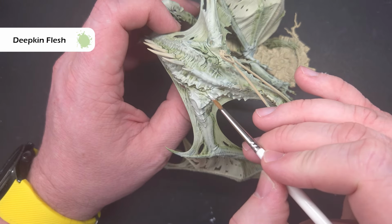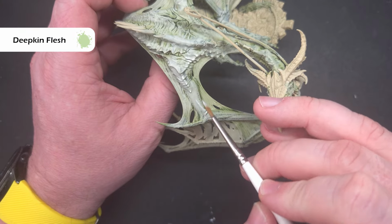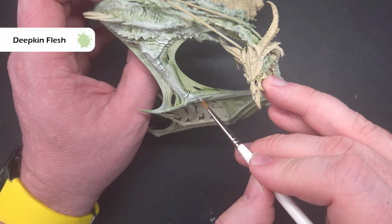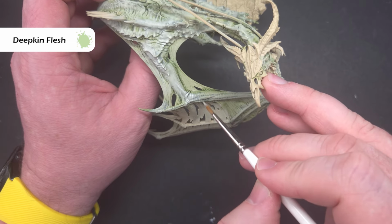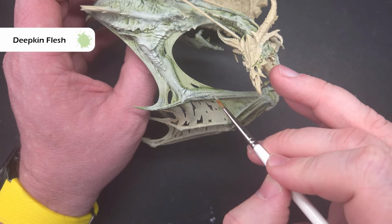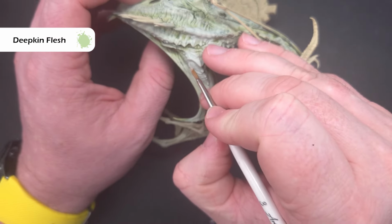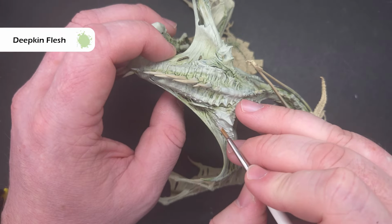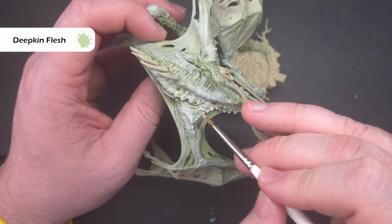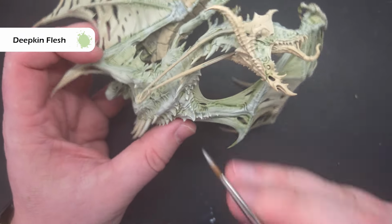Once we finish dry brushing, it's time to go in and really accentuate some of those highlighted areas, particularly around the arms of the wings and the legs, and also around the neck a little bit. And what we'll do is take Deepkin Flesh, and we'll just use a normal brush for this. I'm using a size 3 Artist Opus Series S brush, and essentially I'm just going to highlight some of those areas, drag it along some of the edges, and get a really nice sharp highlight, because this will then, even though it's the same colour as the colour we dry brushed underneath, that will have had a little bit of Ionrach Skin in it. So this just gives you that pure highlight and really helps it stand out on the